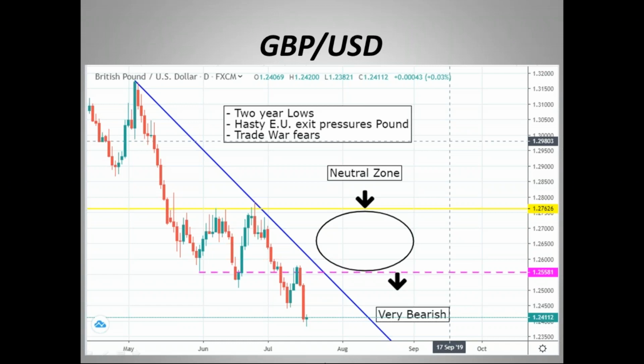And the one thing that is nice about the pound is when you do catch a move, it radically moves. It trades in small ranges, but remember when we were talking about the euro US dollar, how it was only in a 40 tick or pip range. Right here, look at the pound. This chart here, these are not tiny ranges. So there is opportunity. You just have to be very careful of when you try and seize the opportunity.